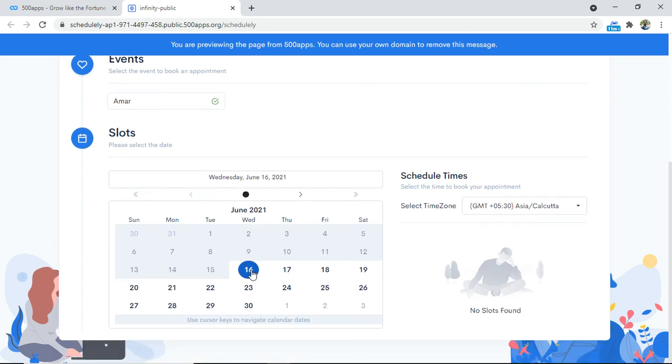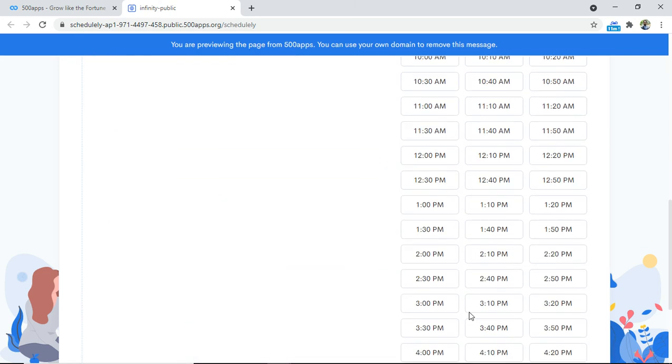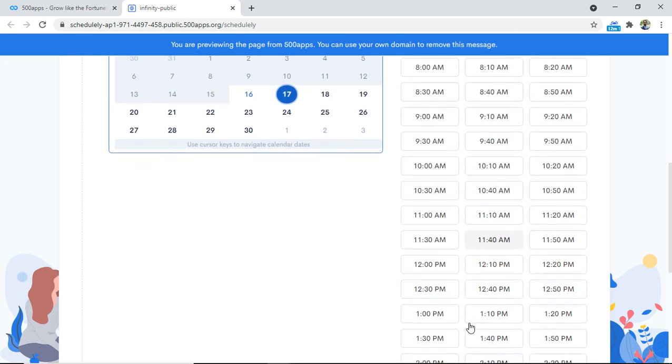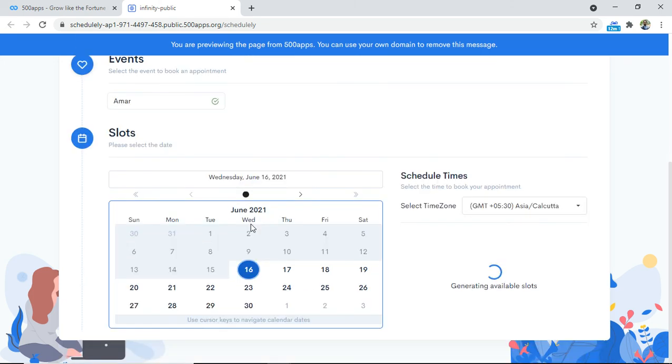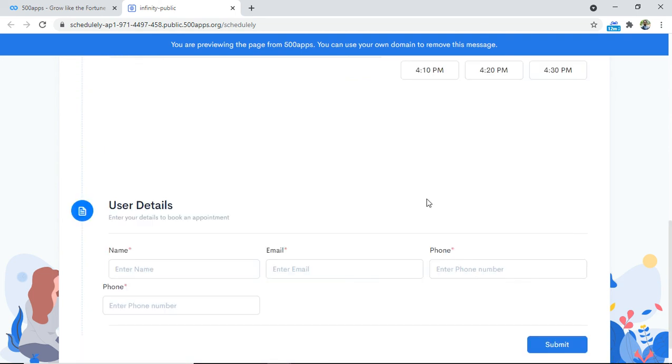Okay, I have the 16th and the 17th. So these are the days I have appointment openings. Let me see the 16th or 17th. I've got all these appointments. If you can see, 8 to 8:10, 8:10 to 8:20, 8:20 to 8:30. So these are all the timings, 10 minute appointment slots. So if I say 2:10,